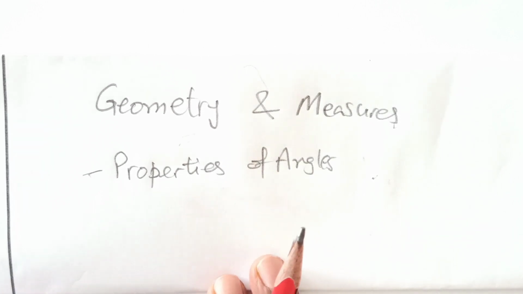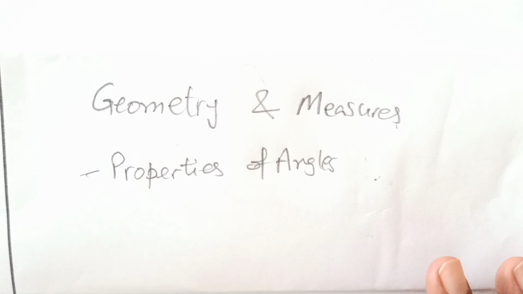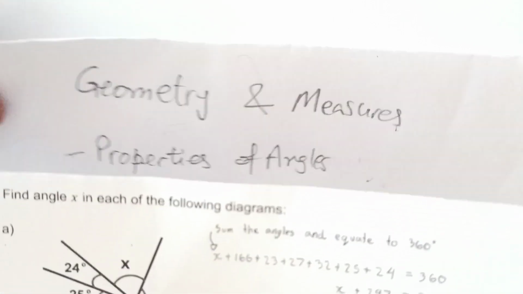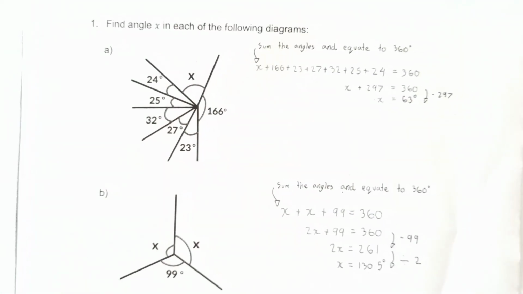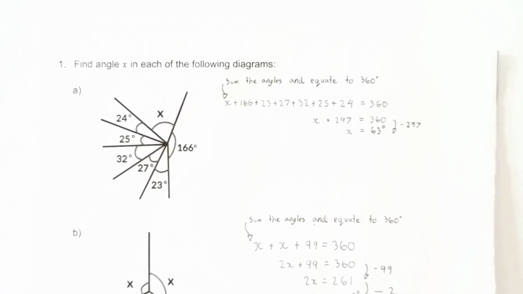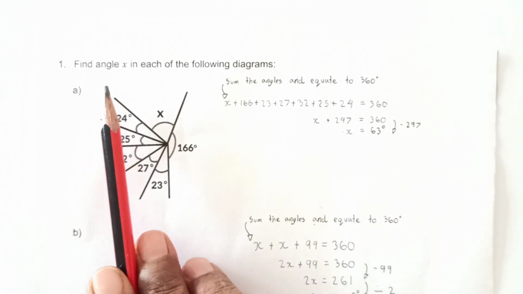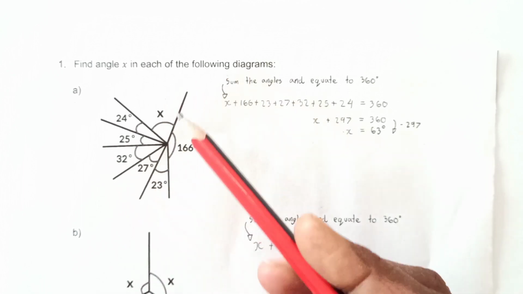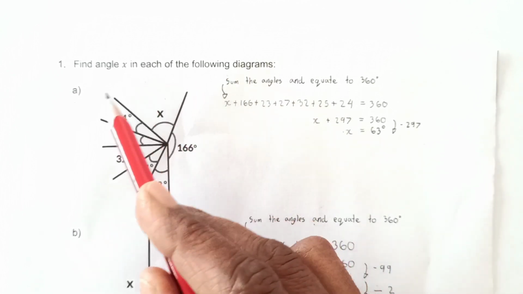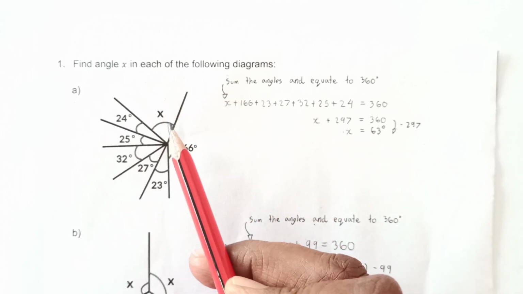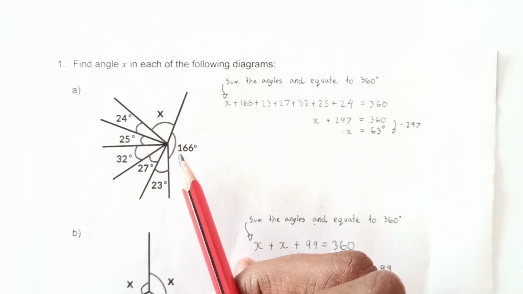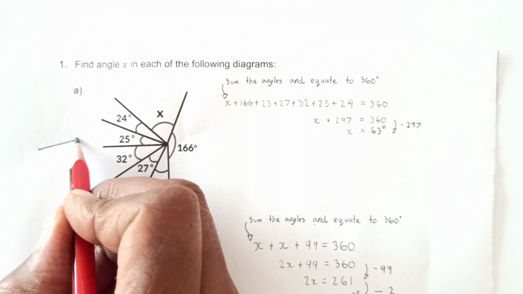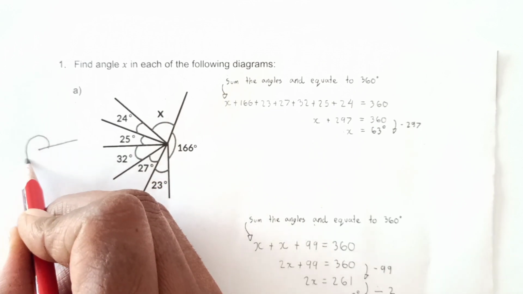So I have prepared some questions from different perspectives. So let's start. The first question that I have here, I have already done this for you guys. Find an angle x in each of the following diagrams. So we have different diagrams here. First this diagram. Now you can see many angles here, but the key point is you have angles round a